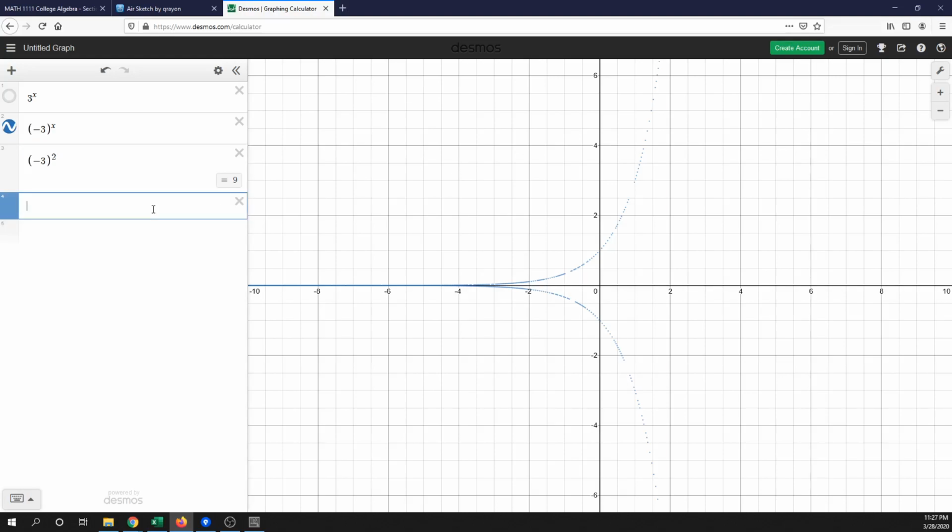But if I take negative 3 and raise it to an irrational power, like pi, well, actually, oh, that's 3. If I take negative 3 and raise that to an irrational number, you can see it says undefined. Really, what it is is it comes out to be a complex number. So that's why the graph looks like that. You can see that if I look at 3 to the x,